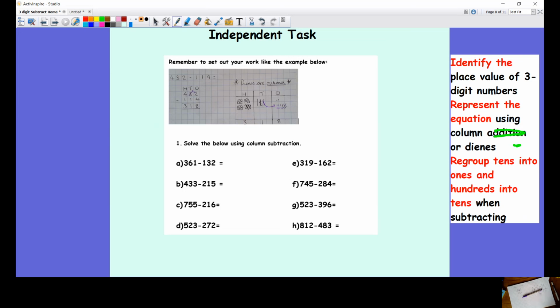Again, challenges are optional. We don't expect everyone to do the challenges. They're not compulsory. If you want to give them a go, that's absolutely fine, but don't feel like you have to. Okay, looking forward to seeing your work on Seesaw Year 3,